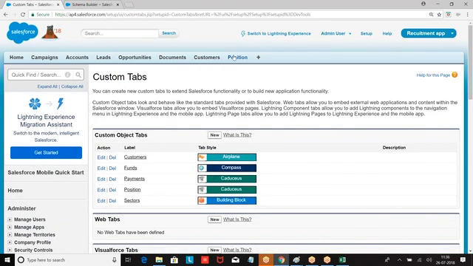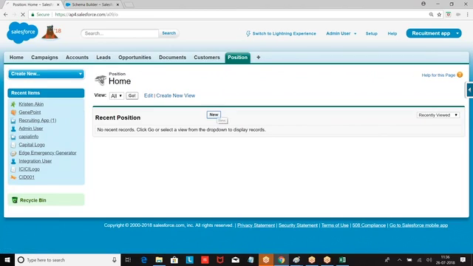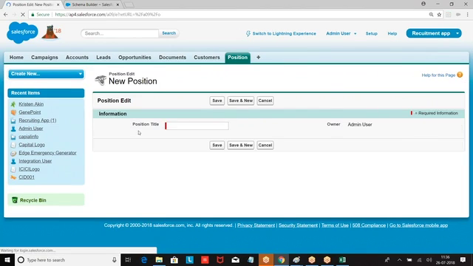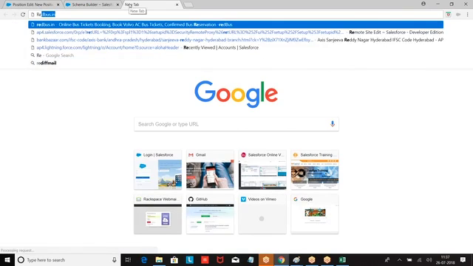This is how we created. So when I click on the position, new, there is nothing displayed here. But we have created a couple of fields. Now we have created an object, we have created fields, we created a tab. But on the page, we are not able to see them. Because the page layout does not have the fields added on it. That is the reason we are not able to see the fields. So what should I do? I have to add the fields.